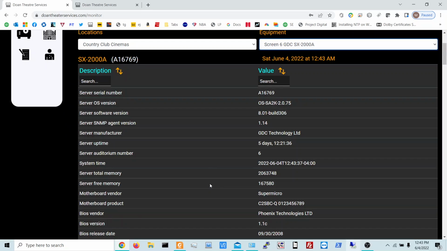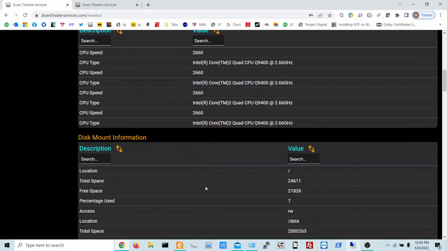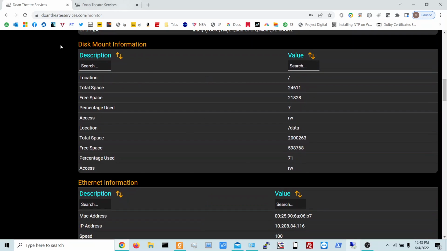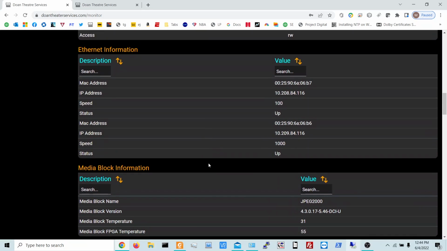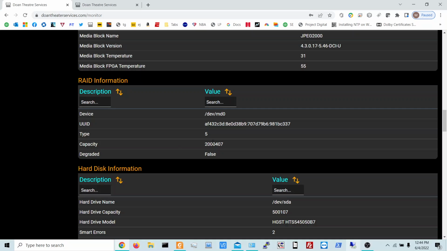So similarly, a lot of information. Server serial numbers, software versions, temperatures, a lot of disk information on here. So the disk mount is basically your content RAID. It's currently 71% full. Information about your Ethernet ports, IP addresses, speed, whether they're up or down. Media block information, RAID information,